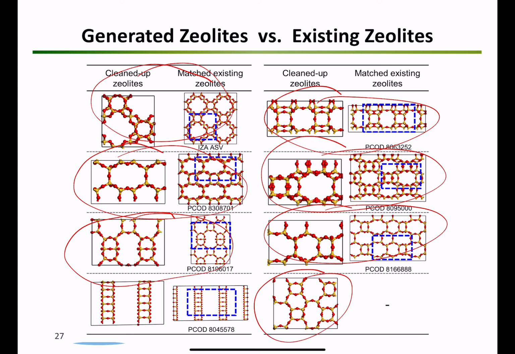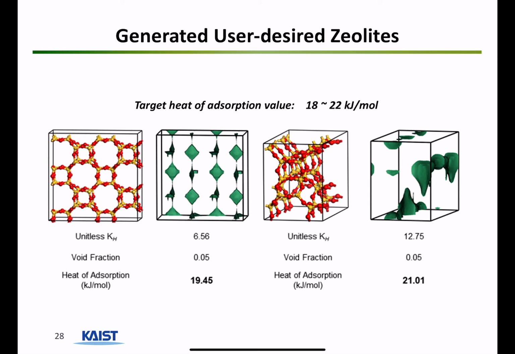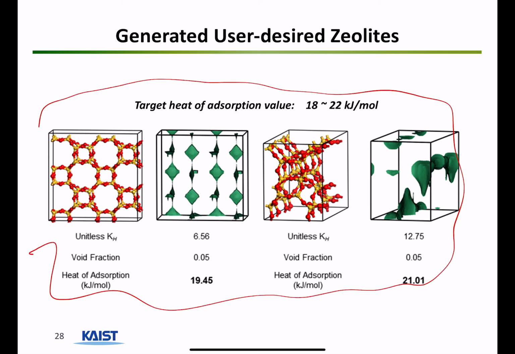And once we know how to do these, it's possible that AI can be used to design most of the materials in the future. So this is an example of user desired materials. This is an advantage of AI in which you tell the AI what kind of property the material should have. It should have this much working capacity, it should have this much surface area, and the AI can build the materials that cater towards the user's desires. And this is very important, and this is what's called inverse design, where you tell the algorithm what kind of property you want, and the algorithm spits out that material.